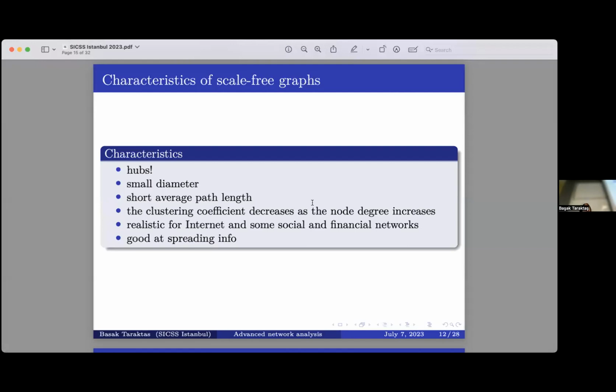All right, you've seen that scale-free networks have many hubs, a small diameter, usually short average path lengths compared to others, and small clustering coefficients, because you don't see many triangles, right? Does this idea make sense to you? Have you seen triangles at the local level? For example,